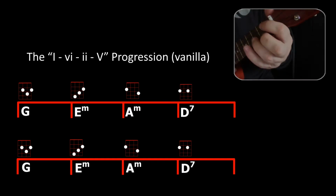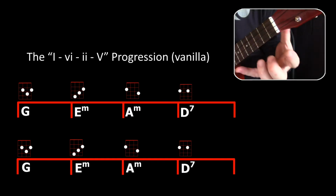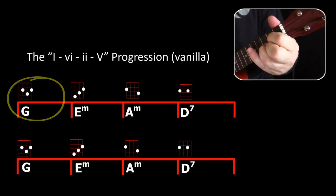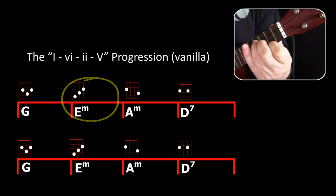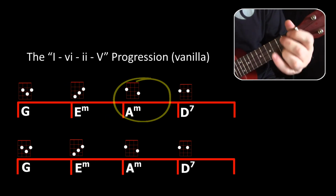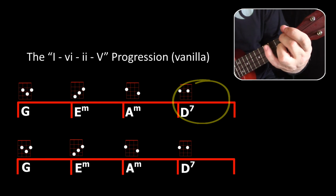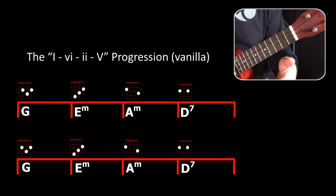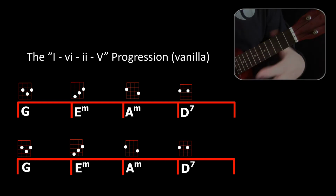So let's look at the first version. We're calling it the vanilla version, and we're going to go from G to E minor to A minor to D7. Some of you will already recognize this as that familiar sound of so many pop songs. For example, if I was to play it in this rhythm,